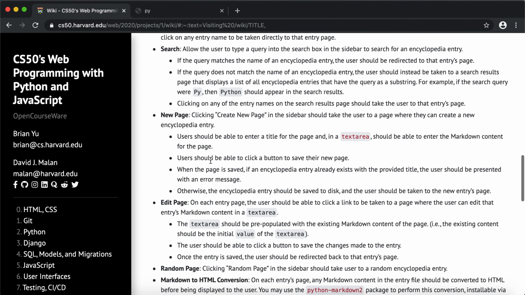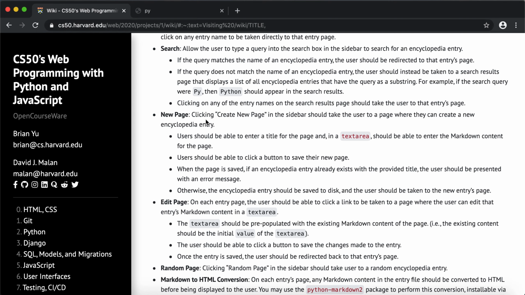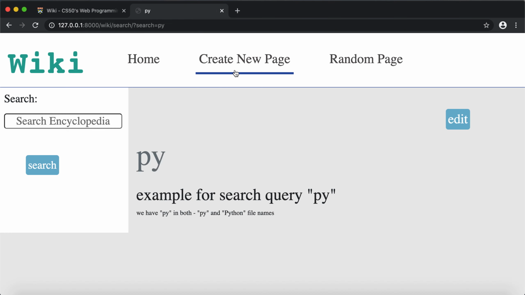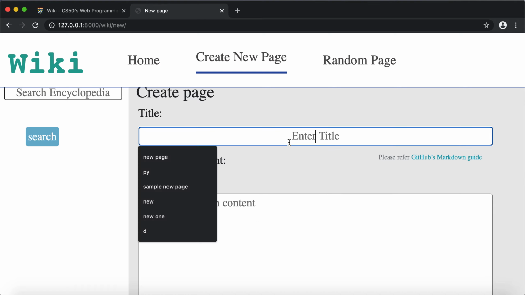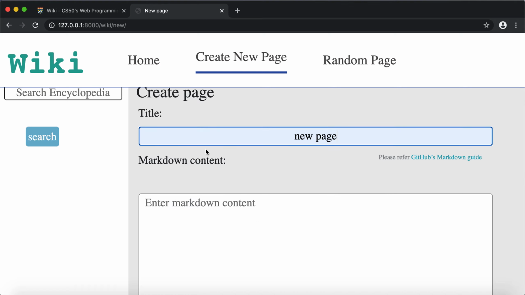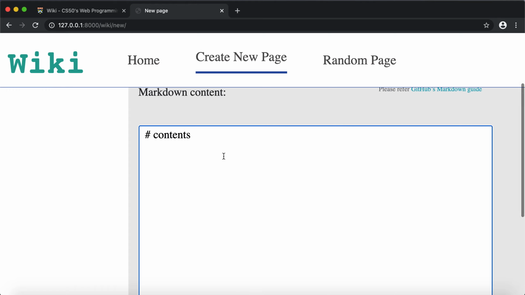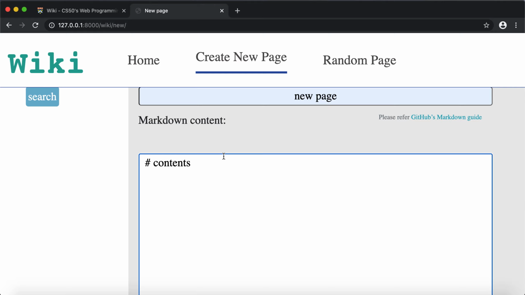So that is search. The next one is a new page, and clicking on new page should redirect to a page which has a text area. Here I can type in the name. Suppose the name is new page, and the content has to be written in Markdown syntax.